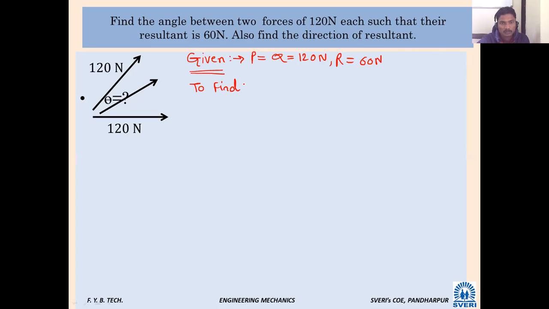Theta. Angle. Theta. Only theta or something else? Find the angle between two forces. Direction of the resultant. What is the notation for a direction? Alpha. So we know, apply